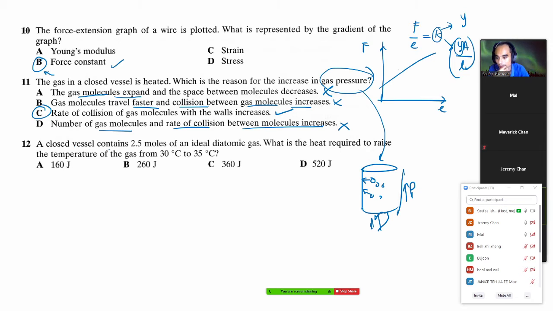A closed vessel contains 2.5 moles of either monatomic or diatomic gas. It means that you are playing with gamma or the degrees of freedom. What is the heat required to raise the temperature of the gas from 30 to 35 Celsius? Answer is